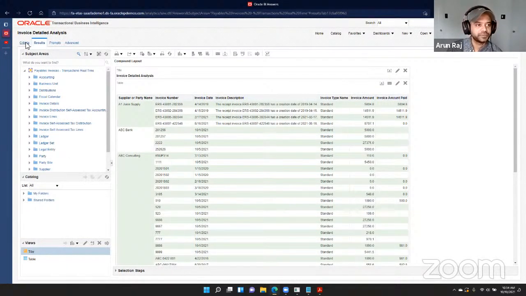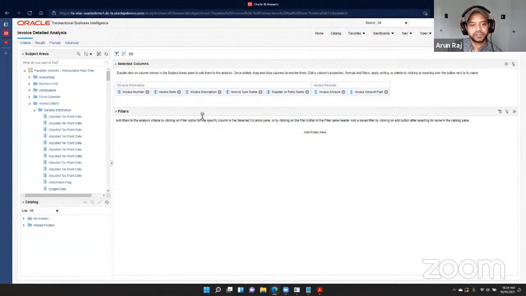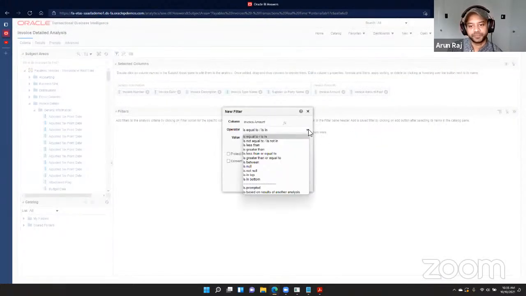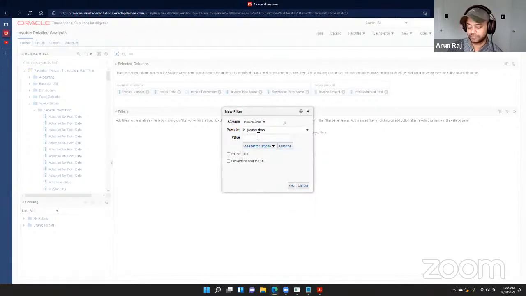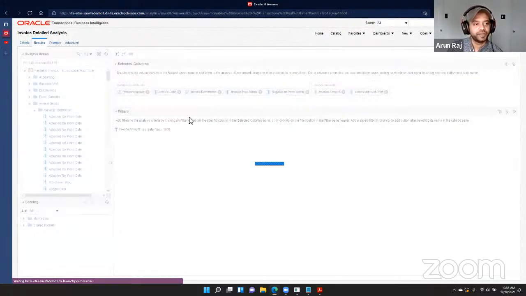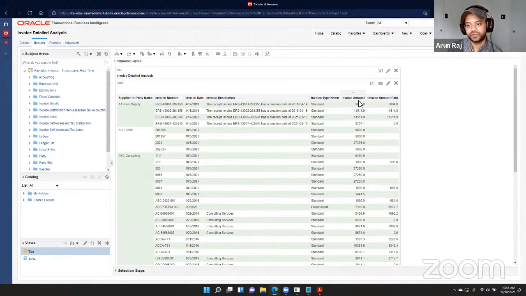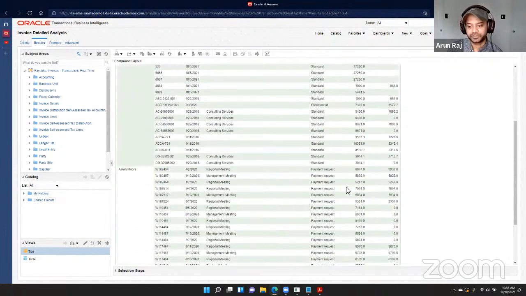Now let me go back to the criteria. Here you can add criteria. So let's say you want to see any invoices that are greater than $1,000. I can go to the gear icon or the options icon, then click on the filter, and I can say it's greater than $1,000. So now when the results are retrieved, it will only show you data where the invoice amount is greater than